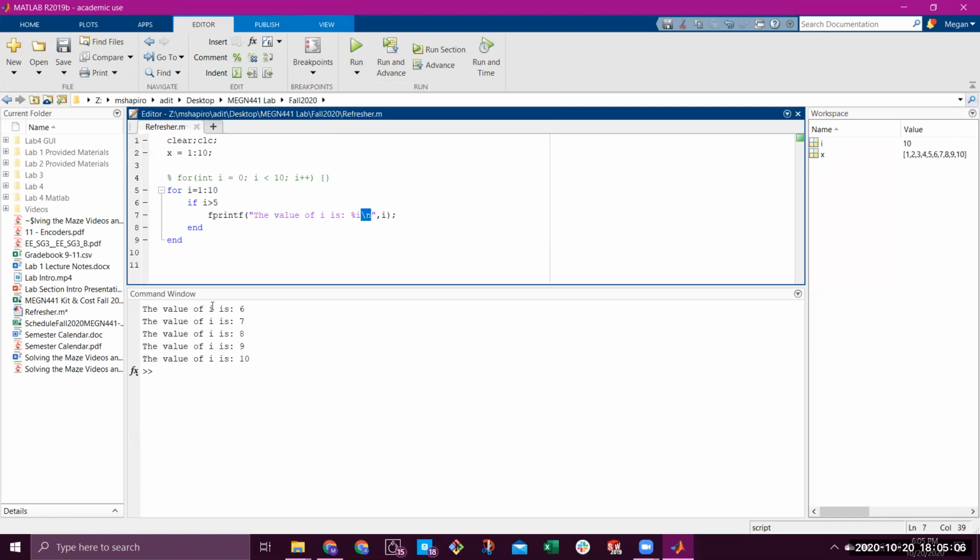Cool. The value of I is, and then it replaced the number, etc. So fprintf statements would be pretty useful for debugging. We could also take a look at breakpoints. So this will pause your code, just like if you were in debugging mode for C++ or Python or something like that. So as soon as we put a breakpoint in, if it reaches this line, it's going to pause the program